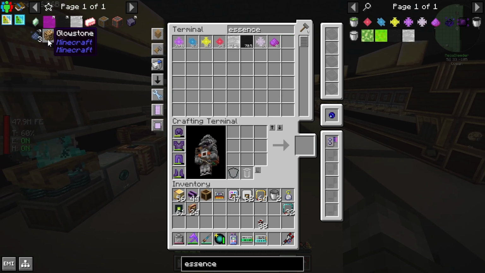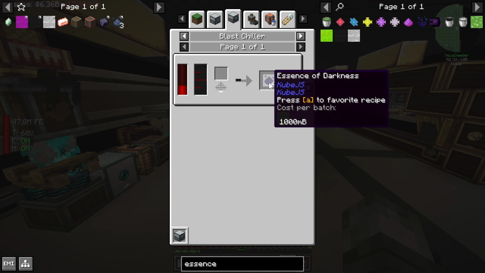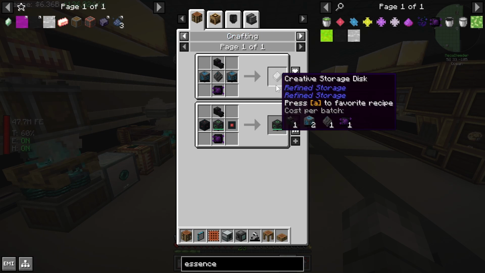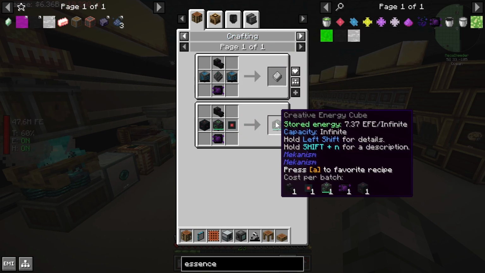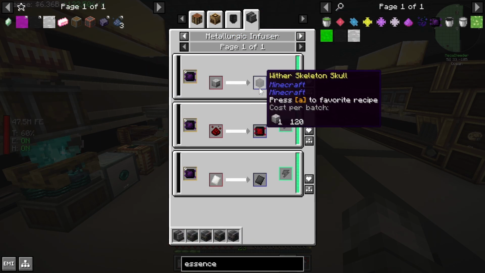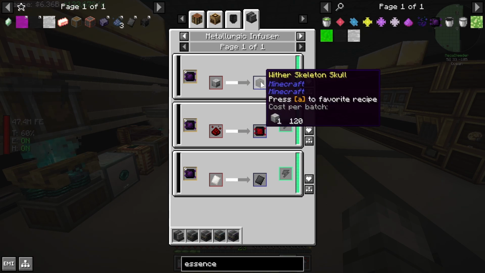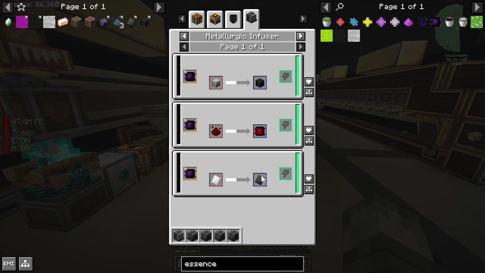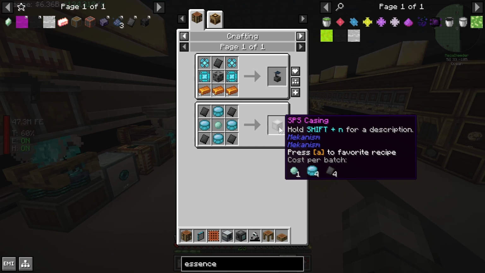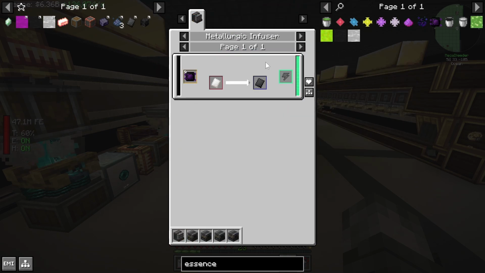So now... The darkness essence, we needed this to put in a blast chiller to make essence of darkness. The essence of darkness then gets made into enriched essence of darkness, which gets used to make the creative energy cube and the creative storage disk, but more importantly, gets to make the wither skeleton skull and the black HDPE. So these two we need, the wither skeleton skull, obviously for wither skeletons, or for nether stars, and the black HDPE we need for our solar neutron activators and our SPS casings. We're not quite to the SPS casing yet, but...